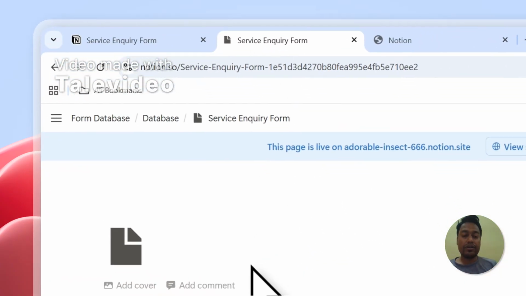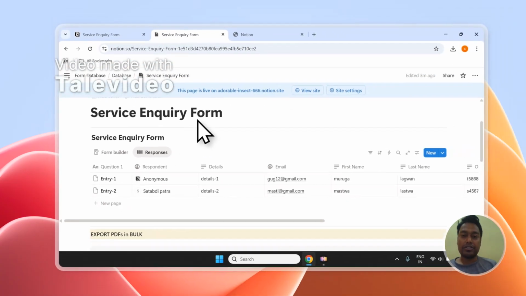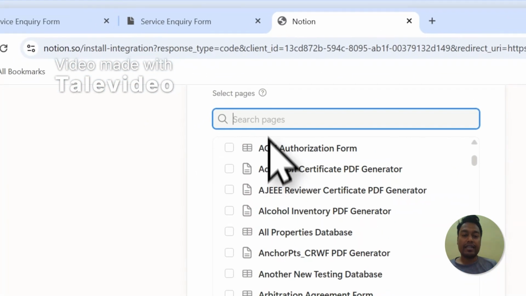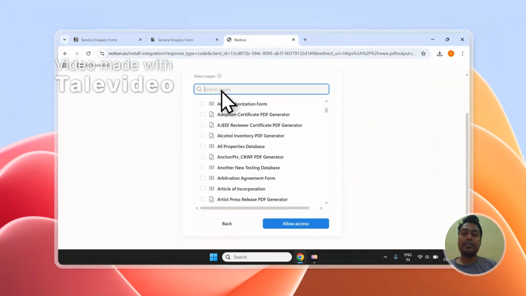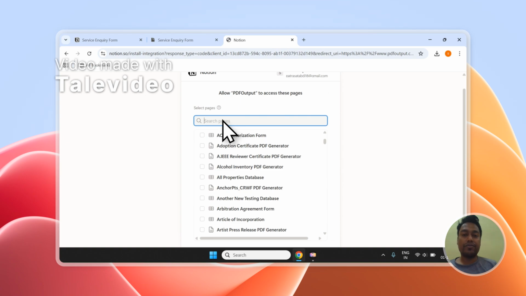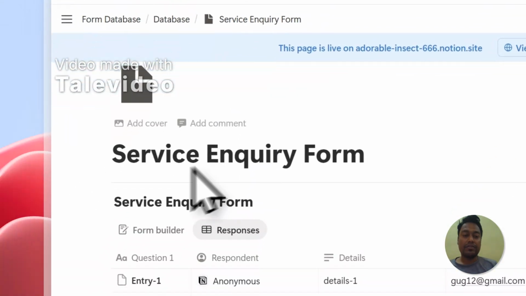But before that, I also want to highlight one thing. If your database is connected with other databases through relation and rollup properties, so let's say the service inquiry form is connected with database A and database B through relation and rollup properties, you also need to add database A and database B inside these search pages so that the PDF file which will be created will have all the relational and the rollup values appear correctly on the document. Otherwise, the PDF file which will be created will not have any relation and rollup values appear on the document correctly. Having said that, let's click on allow access,